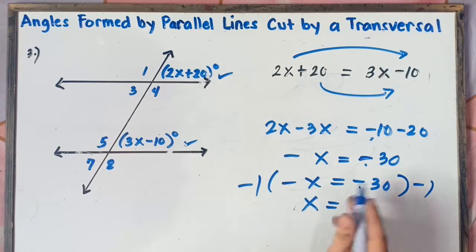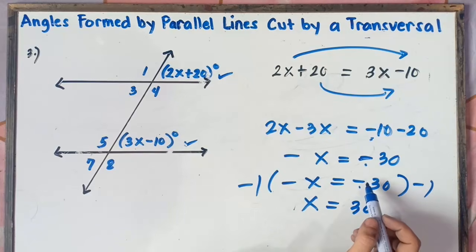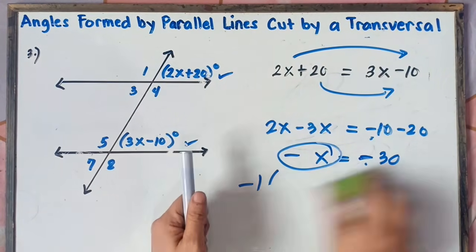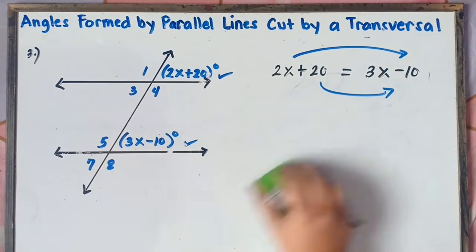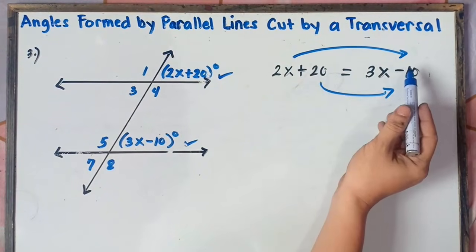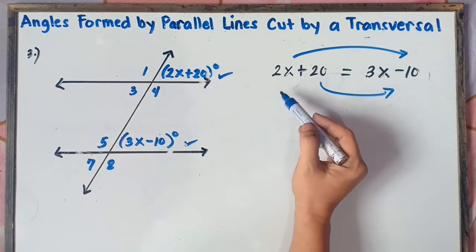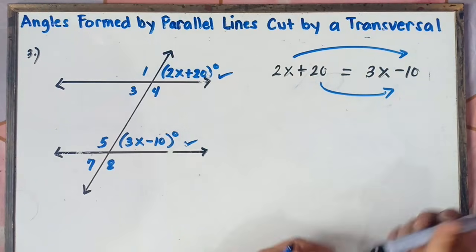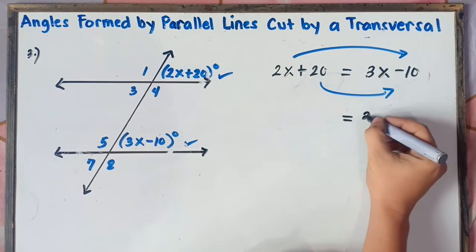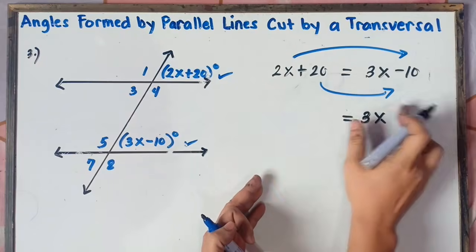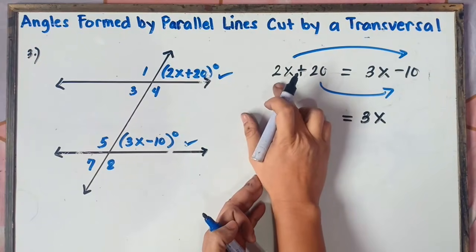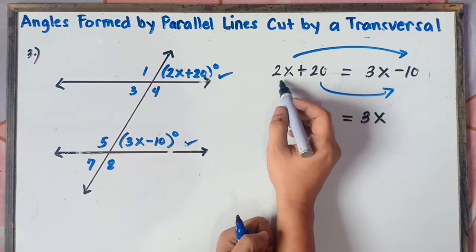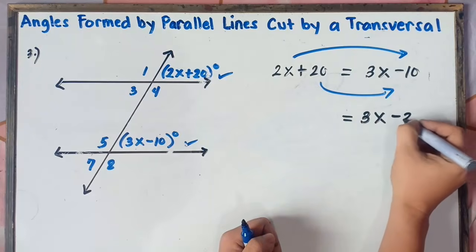You can do this one, class, but for me it will be quite confusing because you have negative x. Once again, class, better to simply transpose 2x to the right and then transpose 10 from right to left. You combine all x on the right side to avoid negative. So this is 3x, simply copy 3x, transpose 2x from left to right. This is positive, it will become negative. Once you transfer across the equal sign, you change the sign. This is positive 2x, it will become negative 2x.